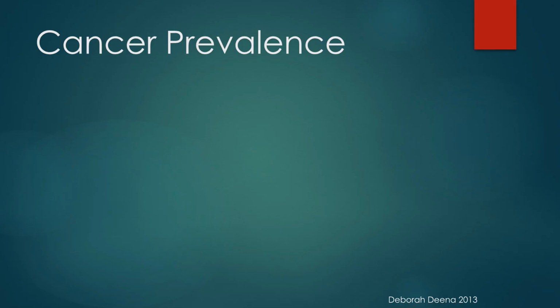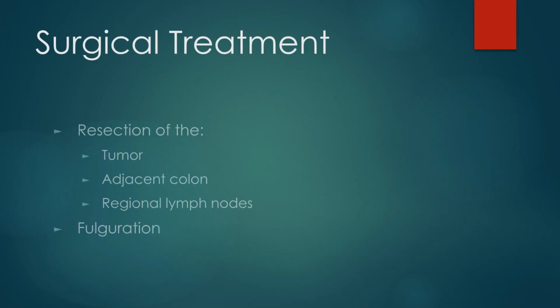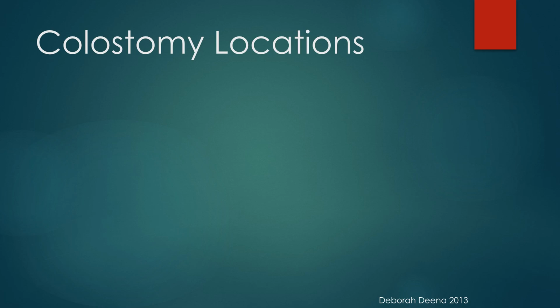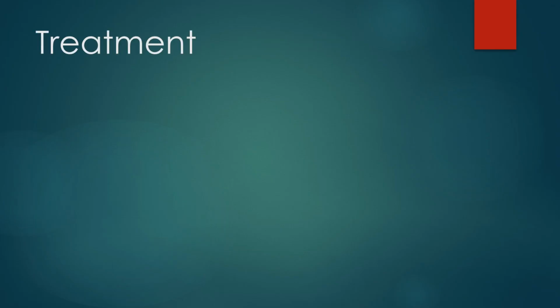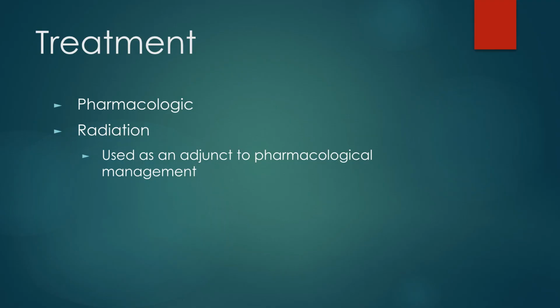This image illustrates the prevalence of cancer in different areas of the large intestine, showing where tumors are most likely to occur. Surgical treatment involves the resection of the tumor, adjacent colon, and regional lymph nodes. Fulguration is another treatment option. This image shows different colostomy locations corresponding to the areas of the colon, including transverse, ascending, descending, ileostomy, cecostomy, and sigmoid colostomies. Treatment options for colon cancer include pharmacologic management and radiation, which is often used as an adjunct to